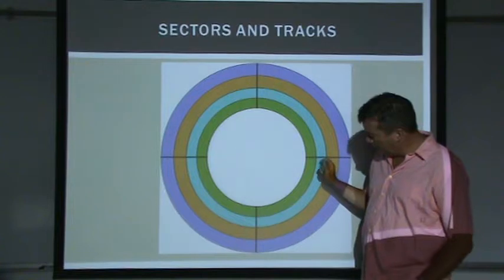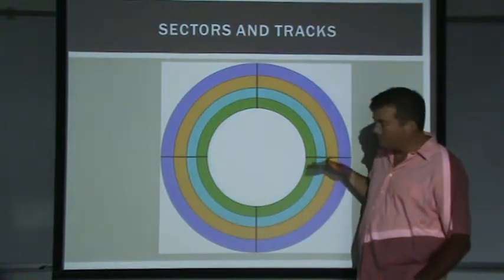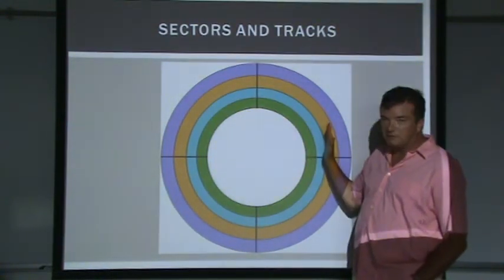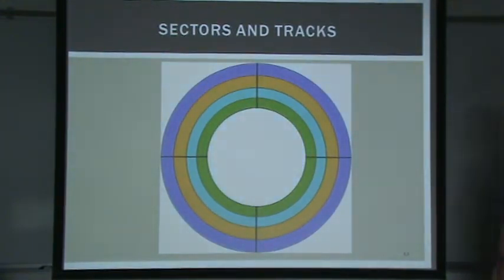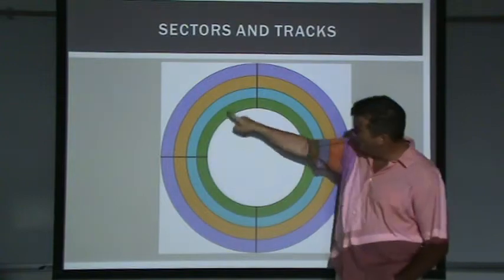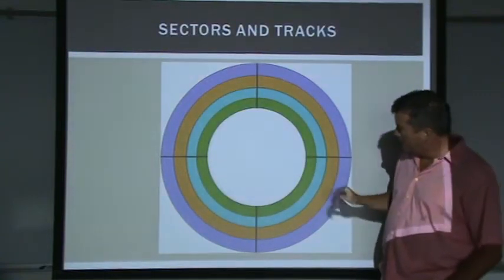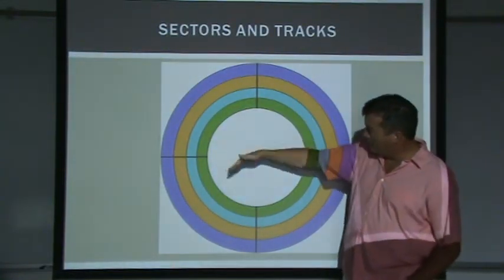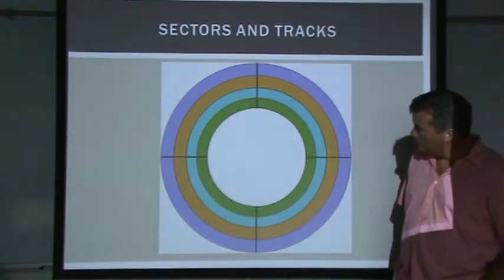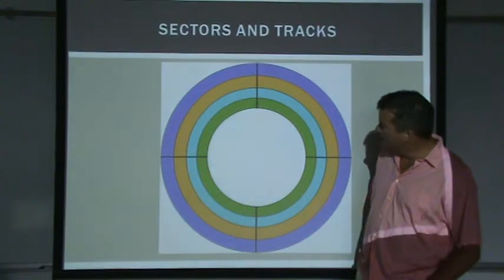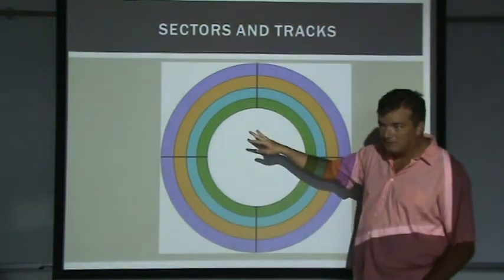What we'll do is cut the tracks into equal length pieces called sectors. So it's just some things to get used to. A track is one loop on the disk, and then we could cut each track up into many sectors if we wanted to. And what we now want to do is store our files somewhere on the disk.